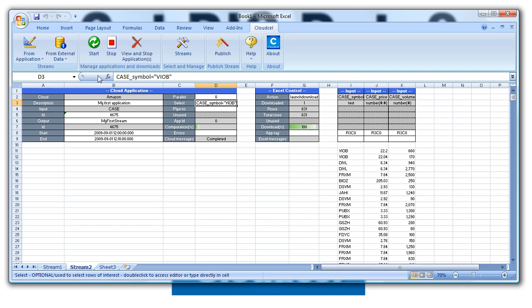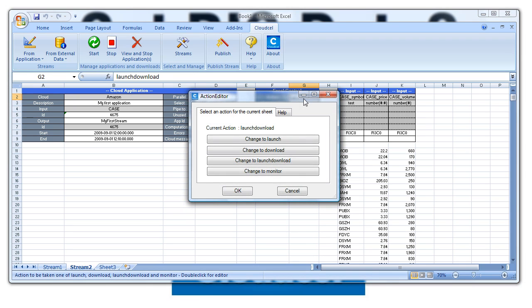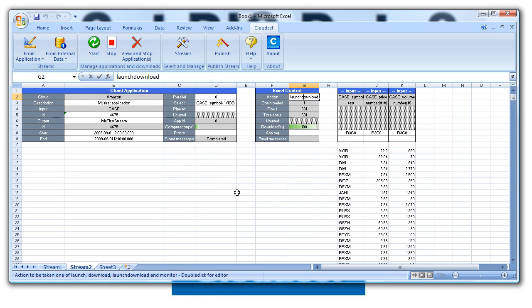Okay, and now you will notice that this is changed to launch and download. You can actually type that in, or you can double click it and get to it through an editor, or if you type something into select and the Cloud Cell is active, then it will automatically fill that in for you. So let's get rid of this data here so there's no confusion,